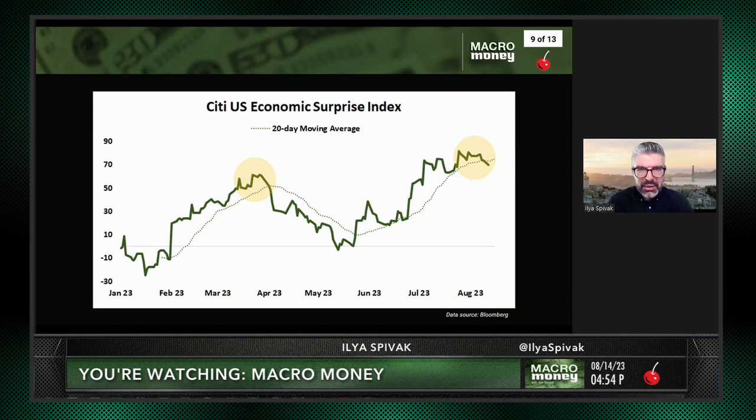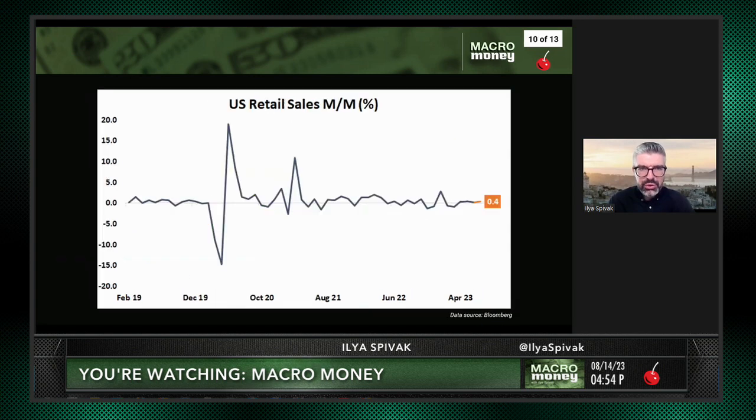And powering the U.S. economy is, of course, the U.S. consumer. Household consumption is anywhere between 70 to 75% of U.S. GDP growth. And on that score, we're going to get some critical data this week. July's retail sales numbers are due to cross the wires. And here, the expectation is for a 0.4% gain after a 0.2% rise in the prior month.